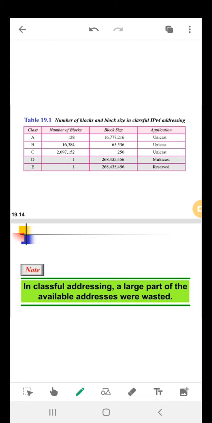I'll be requesting for class C IP address. Now similarly, if I have a large number of devices, that is more than 256, then I can request for class B or class A. So this was to segregate based on the type of organization, to give the IP address that will belong to either class A, B, or C. But this technique of dividing the IPv4 address into different classes had a lot of problems, and the problem was the wastage of IP addresses, and this led to the depletion of IP addresses, which is a major problem